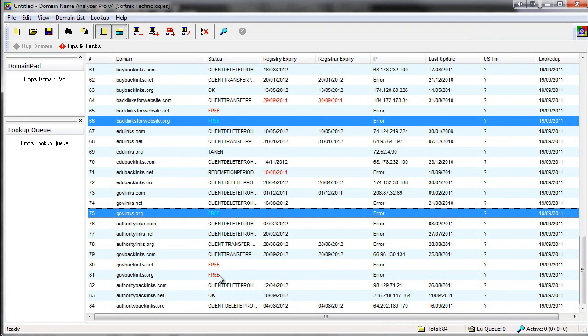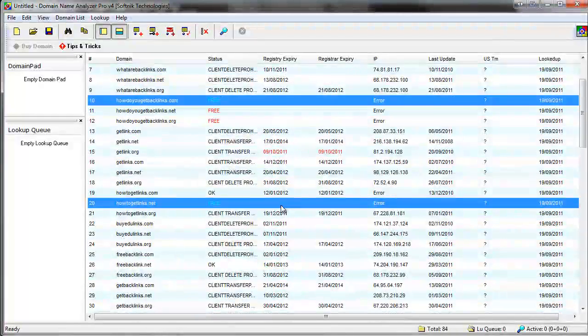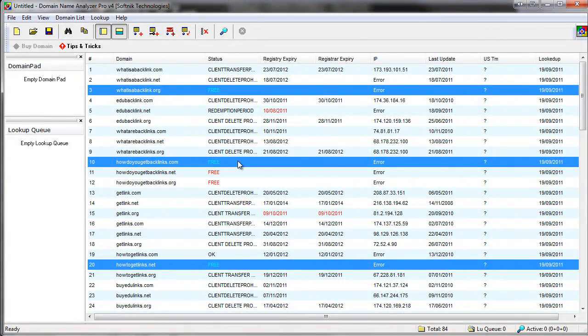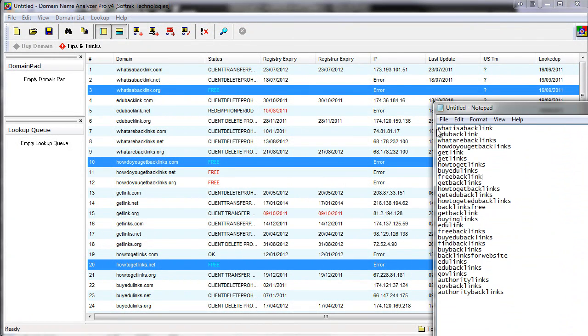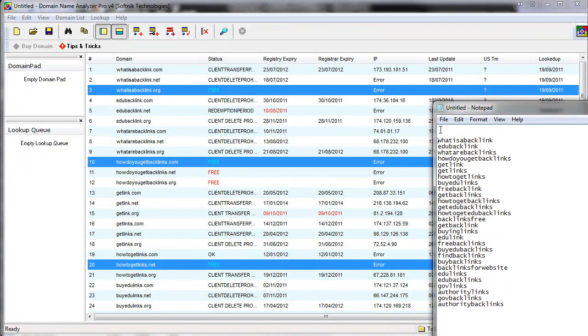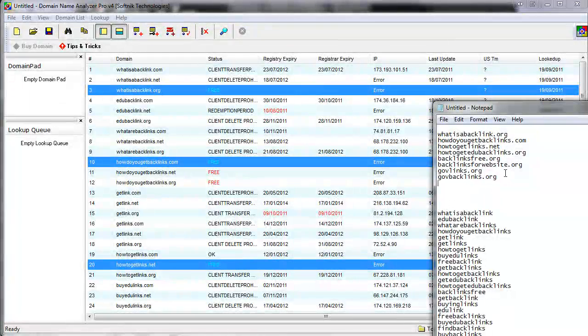Govbacklinks.org, again I'll go for the .org rather than the .net. So I've grabbed a few there. I may end up grabbing more than that, but that's a good few. So I'll right click and choose copy to clipboard, selected names, and I'll go back to my text file, move that lot down a bit, and I'll simply paste those in